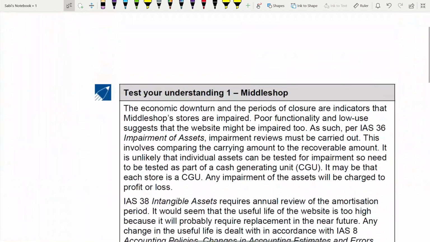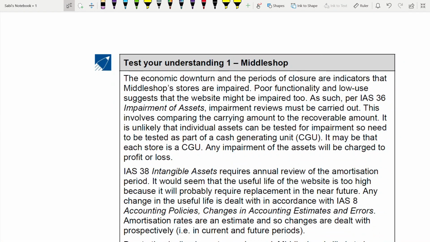What is the impact it is going to have? Each standard you can explain in a separate paragraph. For example, the first paragraph talks about IAS 36. IAS 36 means impairment. How do you know there has been an impairment of assets? Whenever there is a natural disaster, assets will be impaired. Most probably this will have an impact on the impairment of assets. The value of assets will go down. How do you know? From the case study.